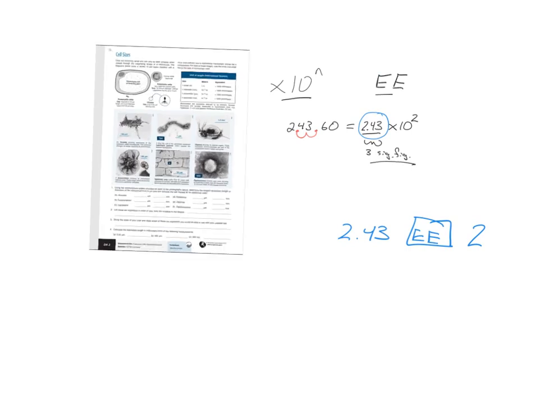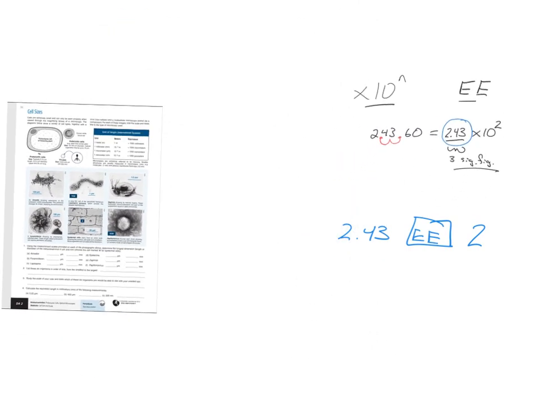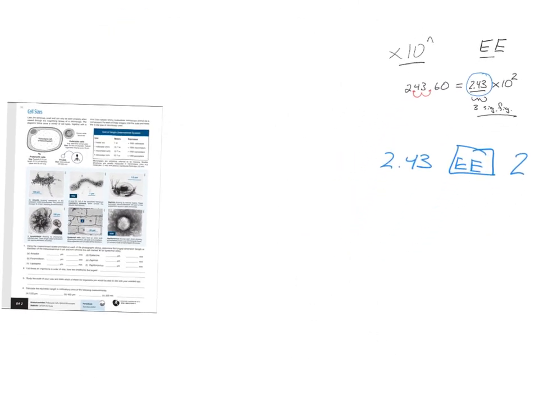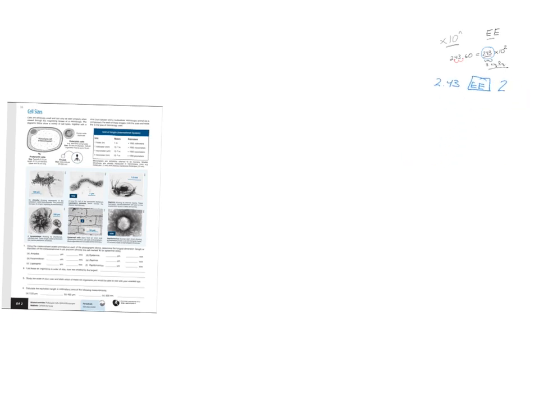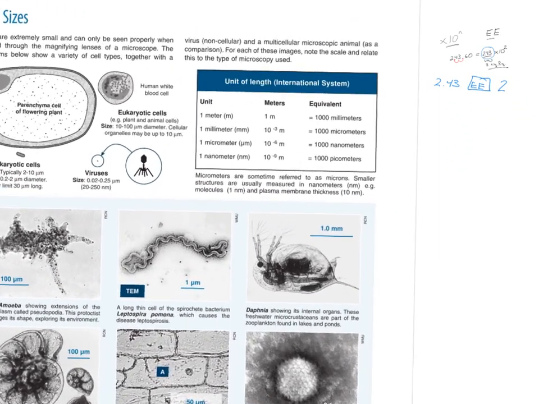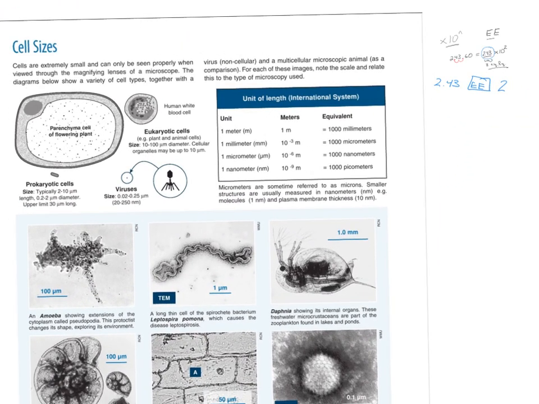All right, so why is that important? Because of what comes next here. Let's take a look at these numbers. This is 1 meter. Everybody here knows what a meter stick looks like? That's a meter. This is times 10 to the third power. So when we take that meter and we divide it